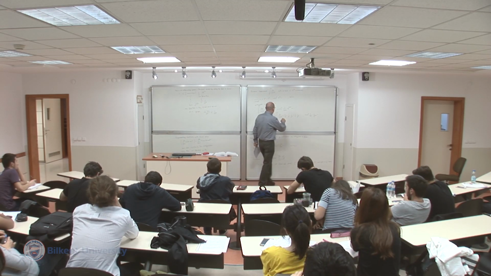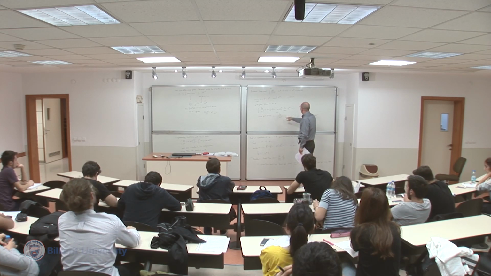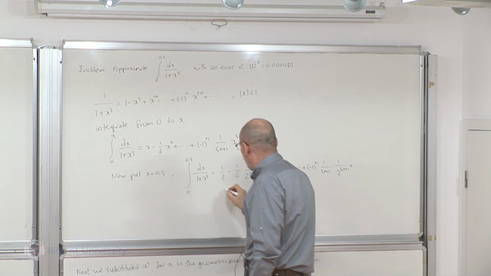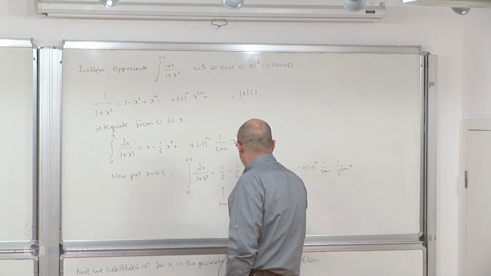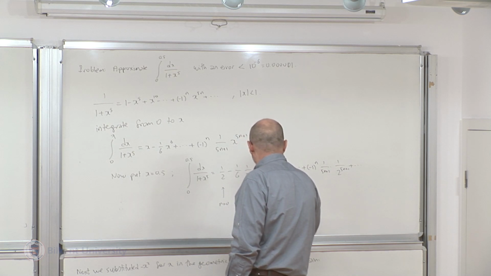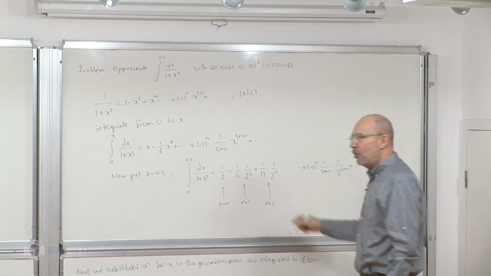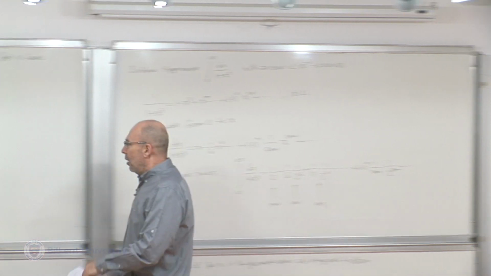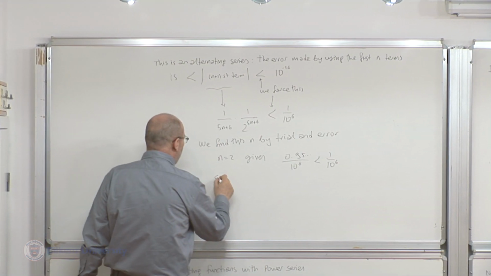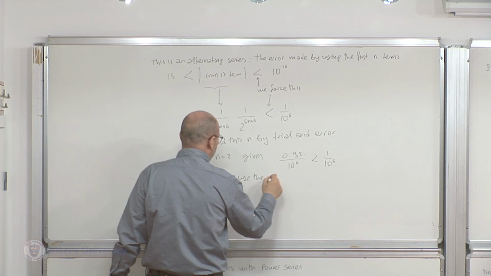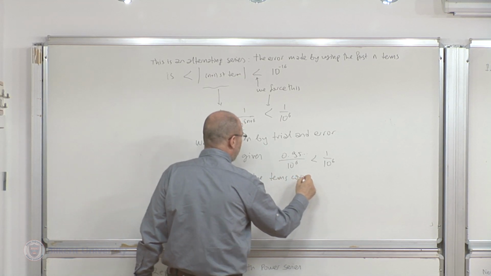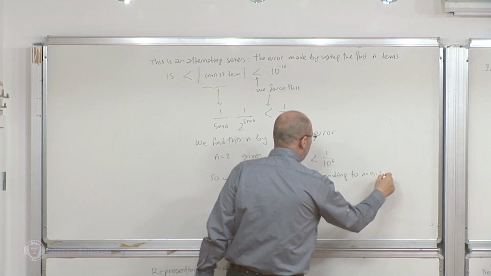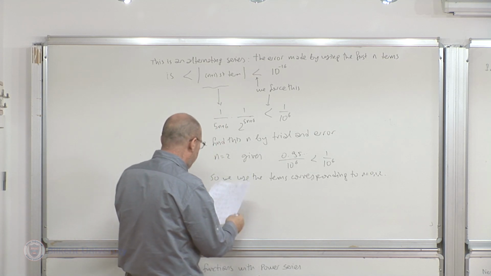So this is 0, right? This one, where is the general term? This is 0, this is 1, this is 2. Okay, so this corresponds to n equals 0, this corresponds to n equals 1, this corresponds to n equals 2. So we use the first 2 terms, means that we use this part. So we use the terms corresponding to n equals 0, 1, 2. Okay? And the sum